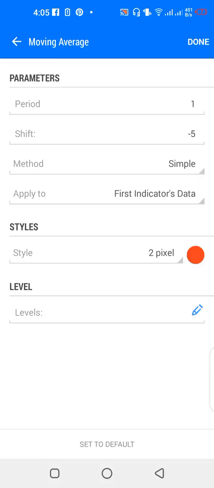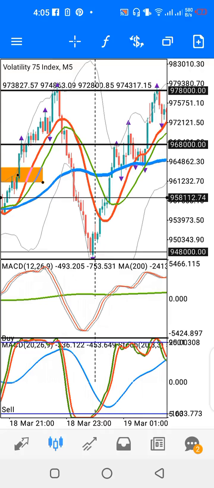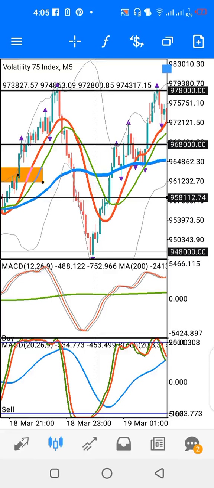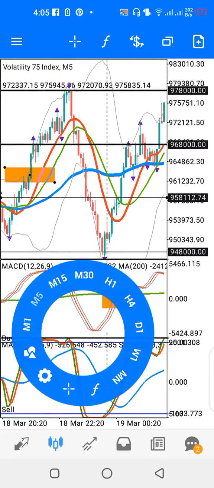Shift is -5. Method is simple. Apply to first indicator's data, and the color is red. So how does this work? This is a simple part of the strategy. You have the crossover of the gray, the red, and the gray lines above and below the